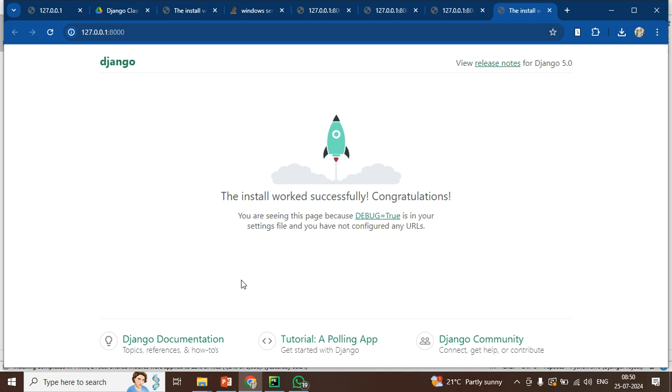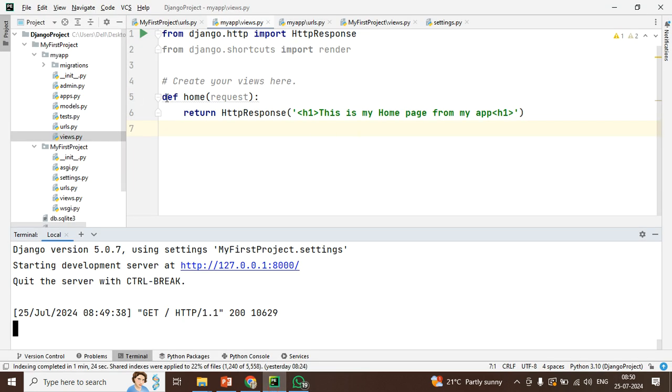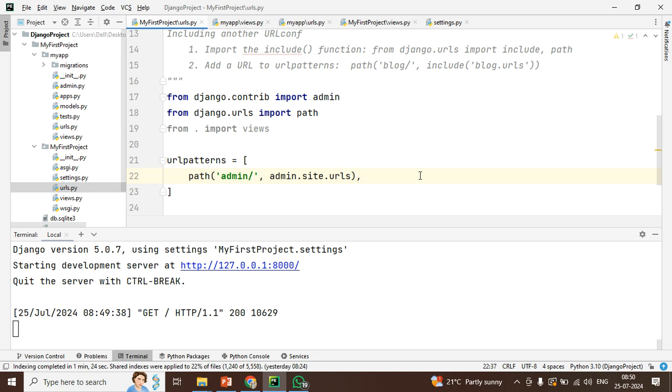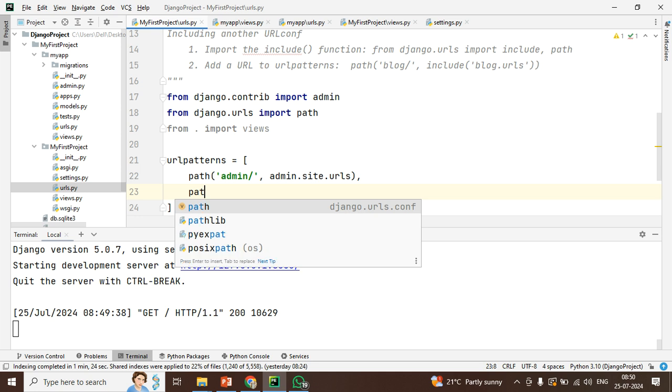See, if you do not link, always only the project gets loaded, not the app. Make sense? So now how to link that? That part I'm going to show you now. To link these URLs, mainly in my project urls.py, you should tell Django to include the URLs of the app also. So here you will be writing this code, path,